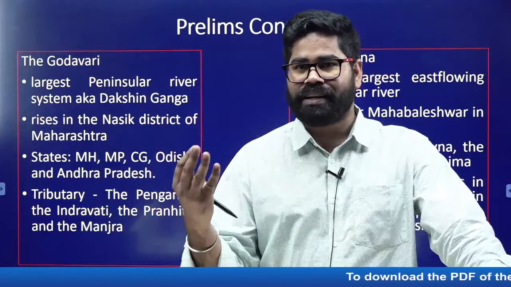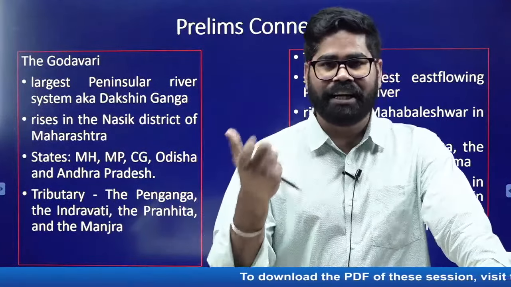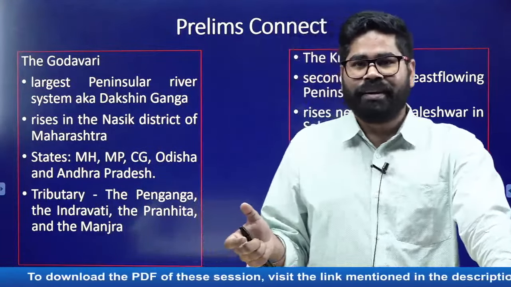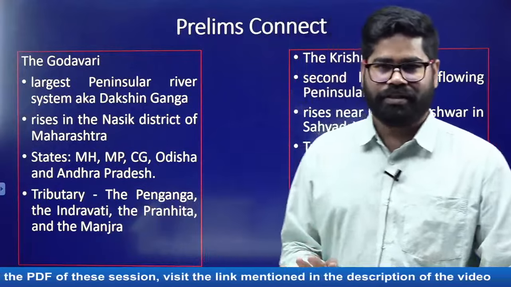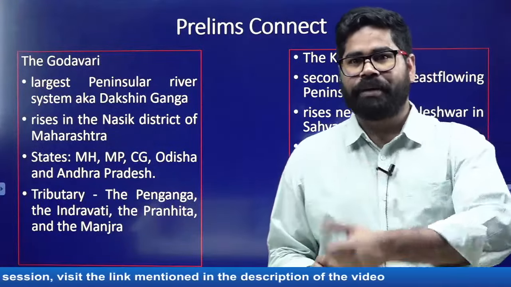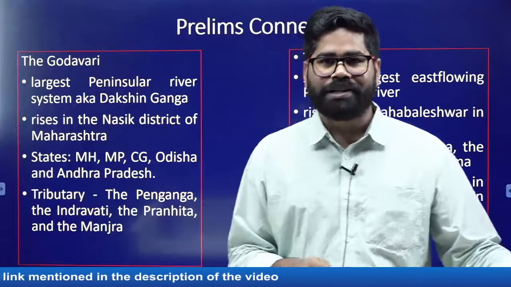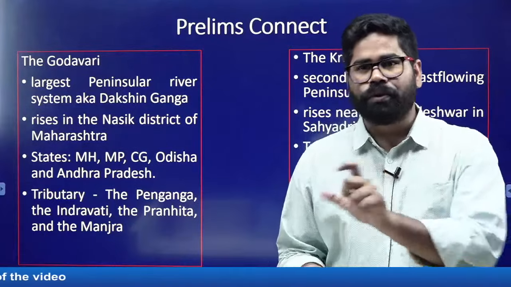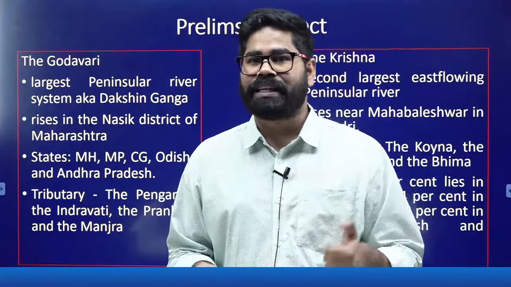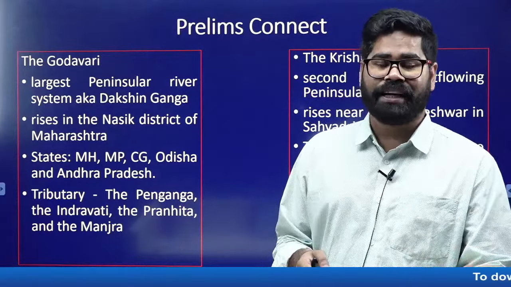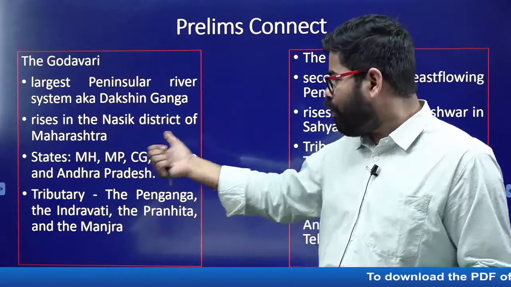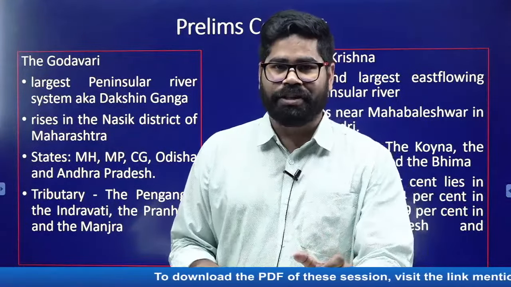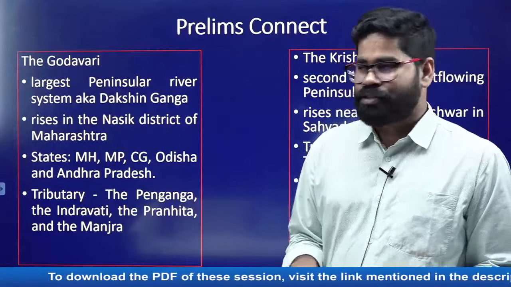See, 4 or 5 themes are there. There is one single book, Indian Physical Environment. If you just memorize one single book, you will at least solve 4 or 5 questions from there. Okay. Sometimes it can be a bit related to environment, sometimes it can be more towards Indian geography. Sometimes even in mapping it is going to help you. Okay. So just go through 5 or 6 chapters of this Indian Physical Environment book, geography book, class 11th NCERT, and it will help in solving all these questions very easily. Even agriculture related questions can be solved from there a bit. Okay. So try to go through it.